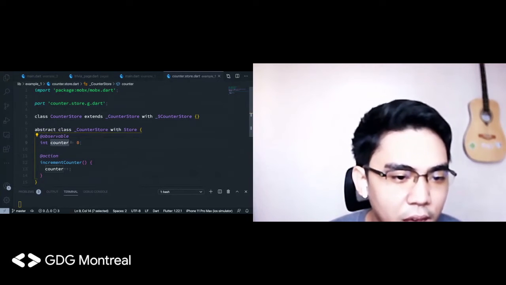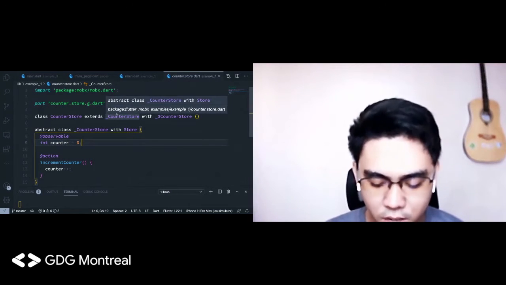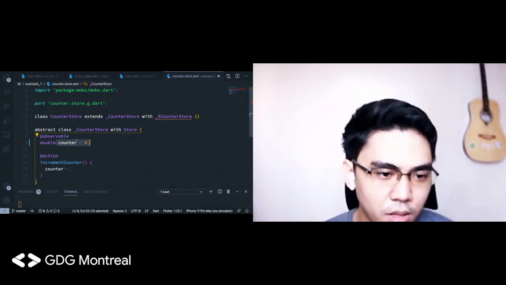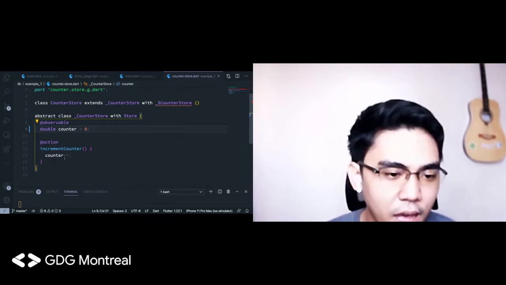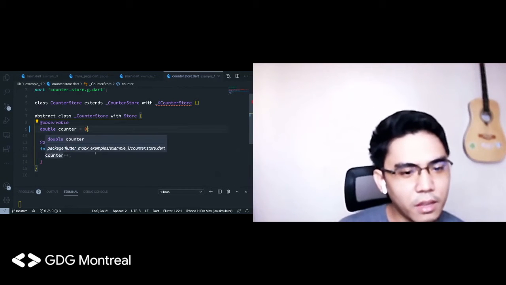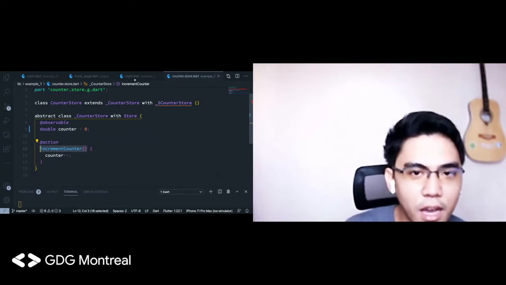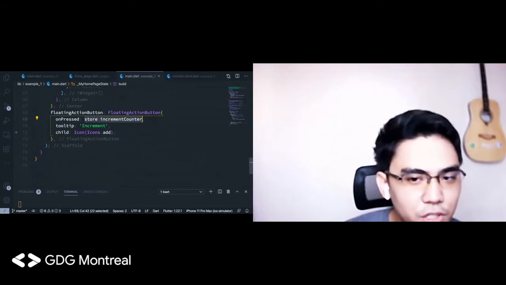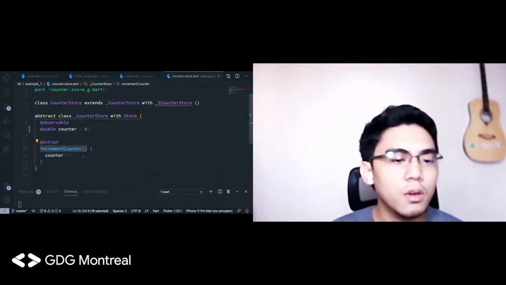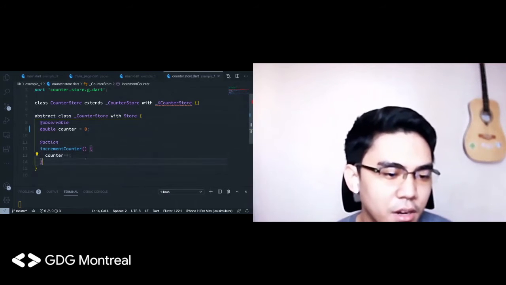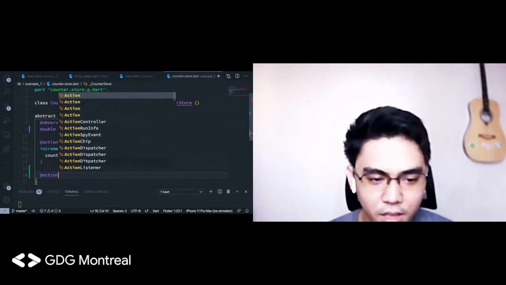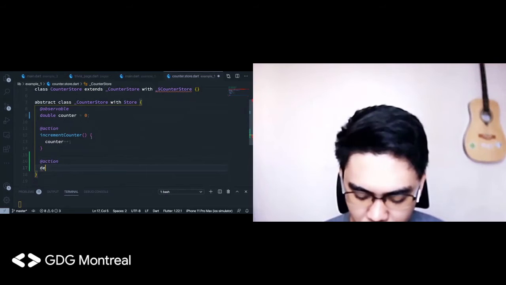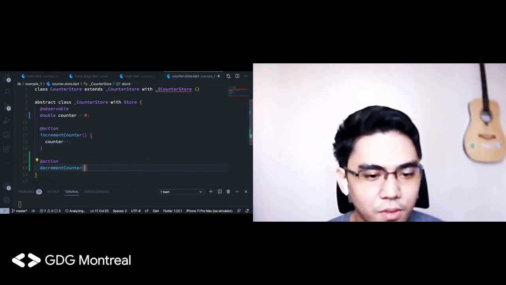So as you can see here, we have the counter store value. What if we want to convert it to double, and we have to create a new function? Right now, the only function that we have here is increment counter, which is currently being called here. Every time I press the floating action button, it just calls that function increment counter. What if I want to specify another function that decrements the value that we have here in the counter? So one thing that you can do is to simply create a value decrement counter,